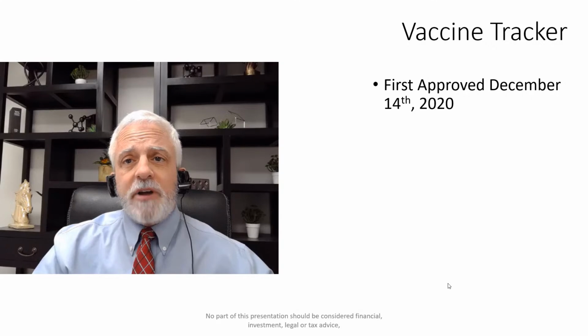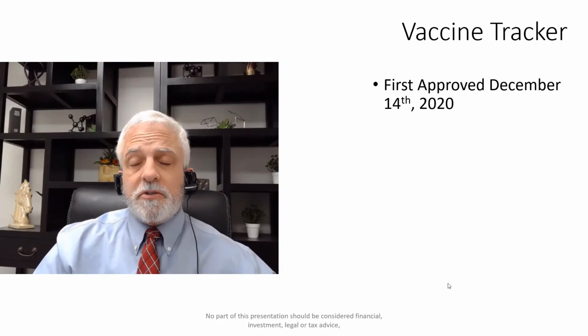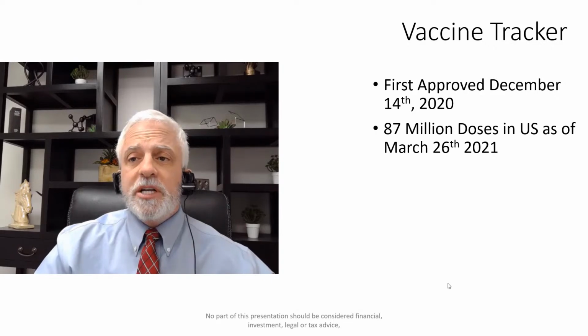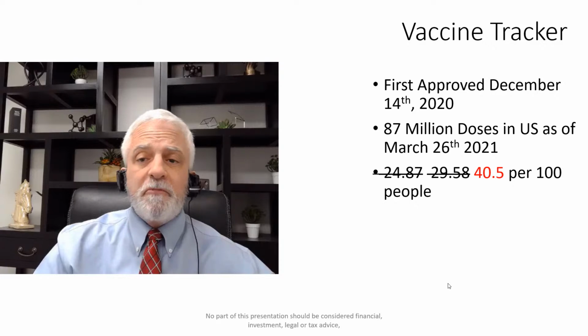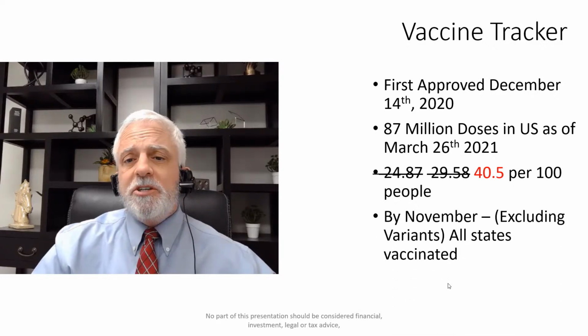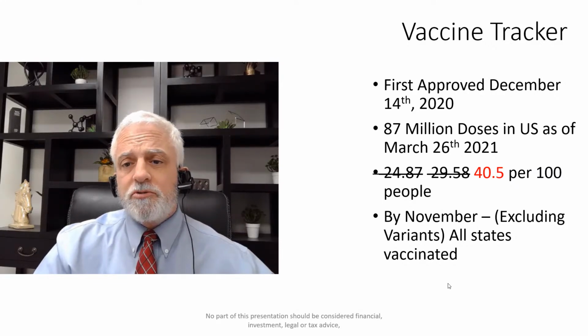On the Vaccine Tracker, as I mentioned before, the vaccine was first approved on December 14th. So far, as of today, there are 87 million doses in the US that have been deployed. That's 40.5, up from 29.58 per 100 people. And the estimates are still that by November, excluding the variants, because the variants can throw this track off,